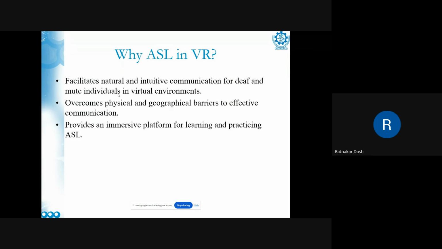So why ASL in VR? As I've already told you, gesture recognition is one of the important parts of VR. So ASL comes in there. ASL is a gesture recognition system. It facilitates natural and intuitive communication for deaf and mute individuals in virtual environments. So they can overcome or address the limitation of their physical and geographical barriers for